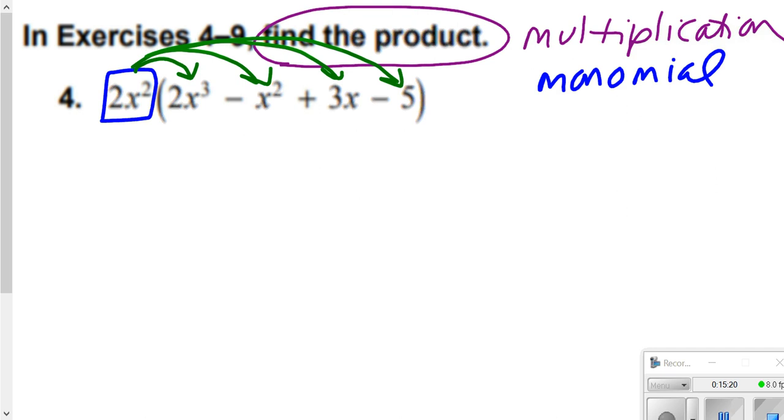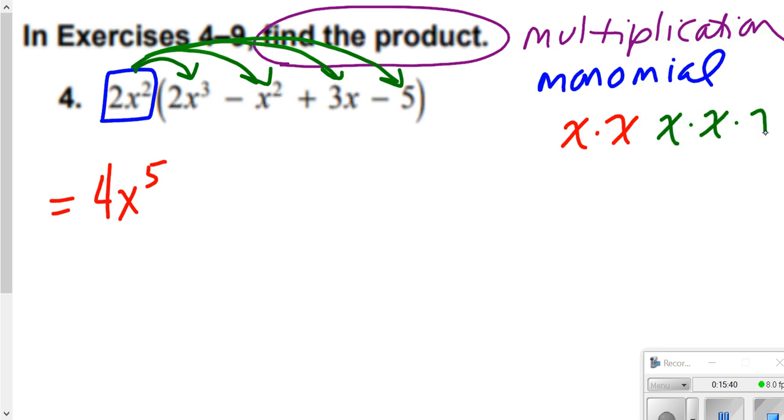2x squared times 2x to the 3rd. So 2 times 2 is 4. And then x squared times x to the 3rd is x to the 5th. If we need to reason through that, remember that x squared means you have x times x. And x to the 3rd means you have x times x times x. So if you multiply those by one another,